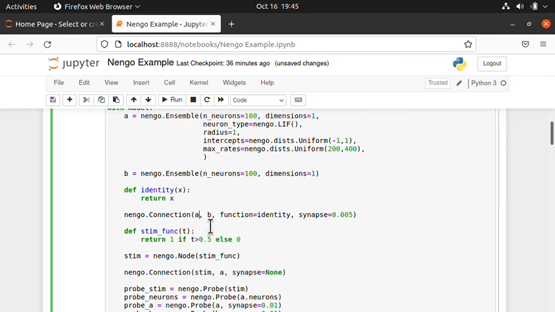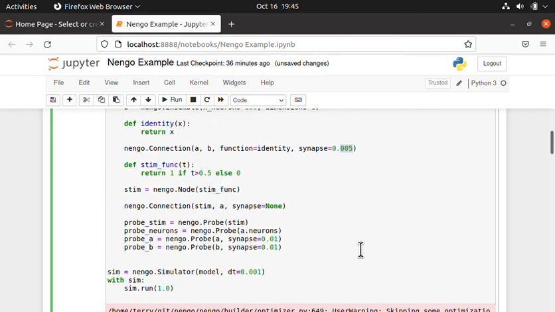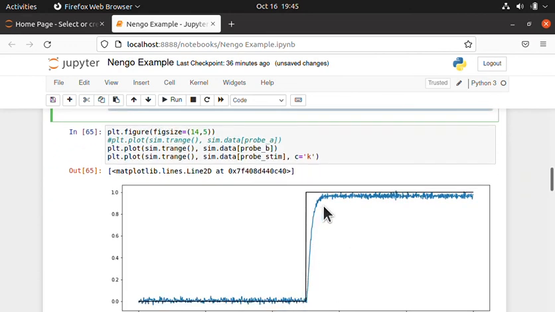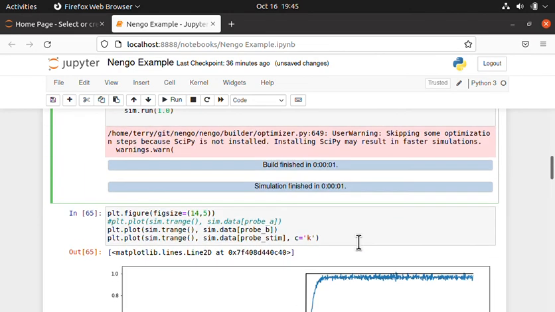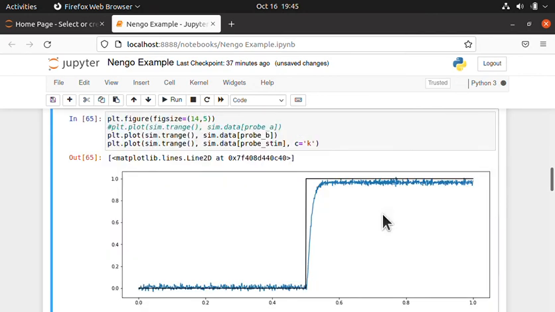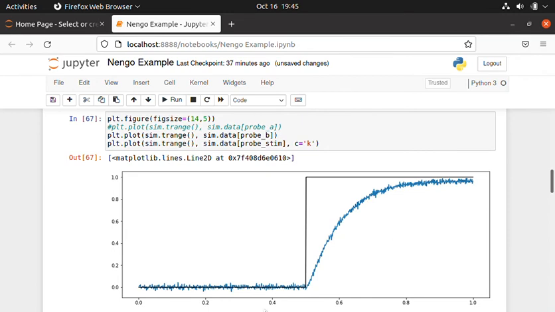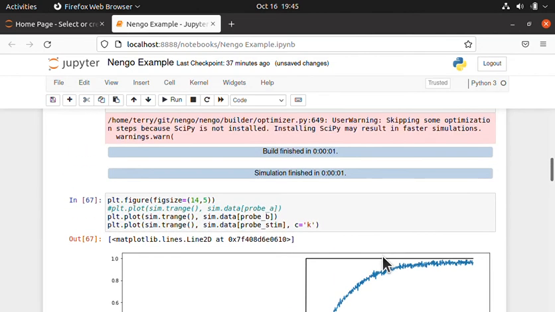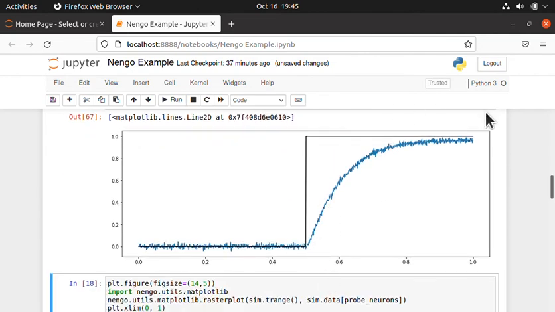So the connection from A to B has some synapse involved. And then we also have a synapse involved when we are plotting it. Okay. What happens when I make that synapse longer? Something like this. Okay. For some of you, this may jump out as a very common thing that